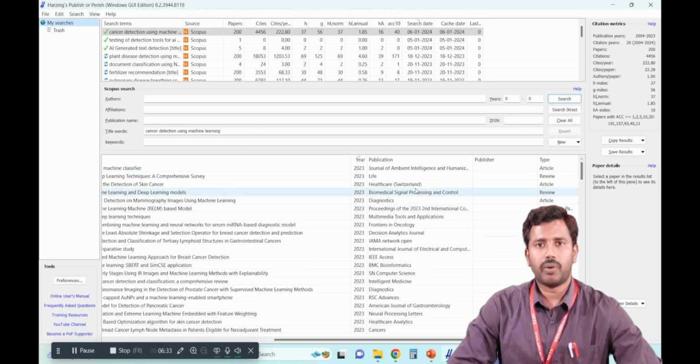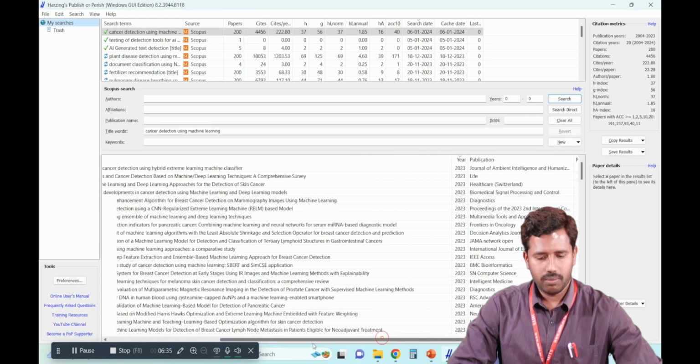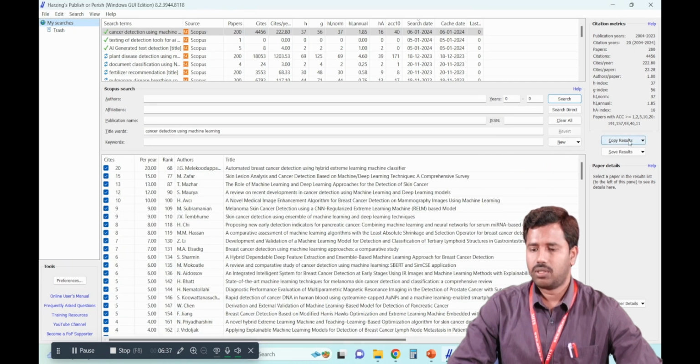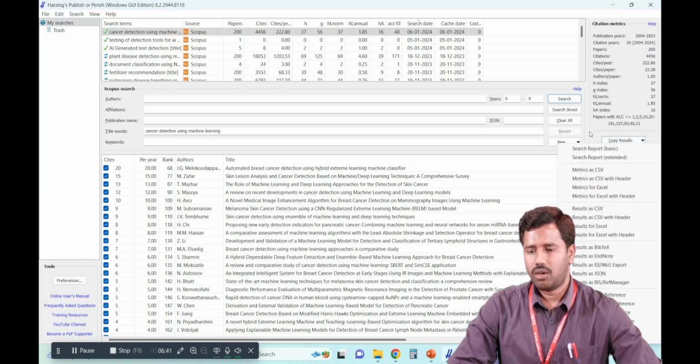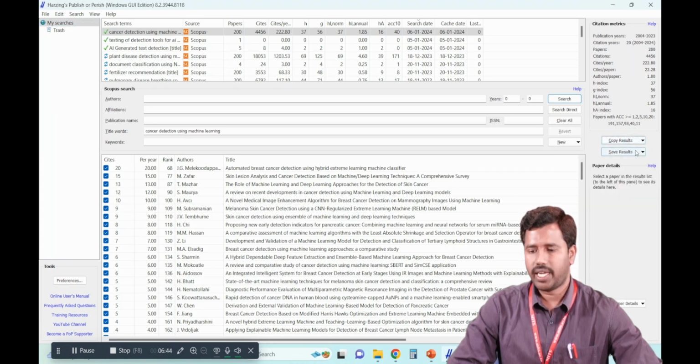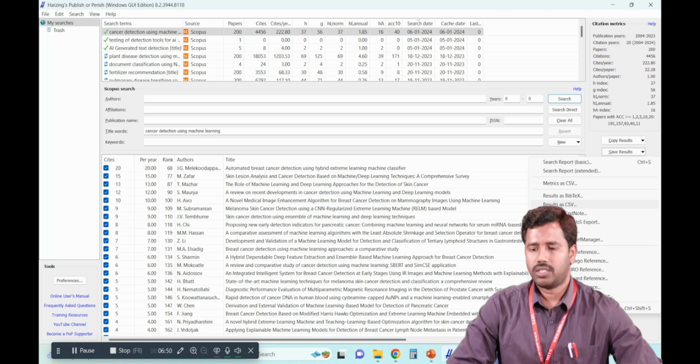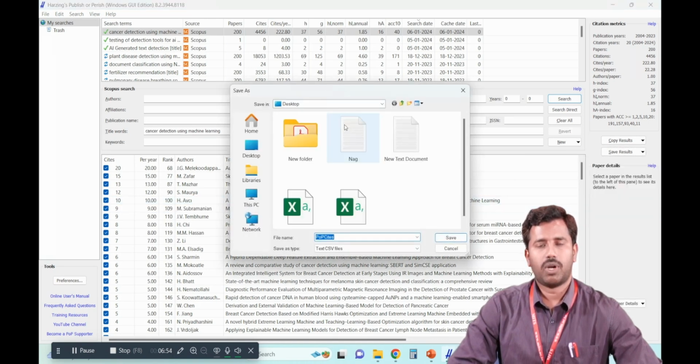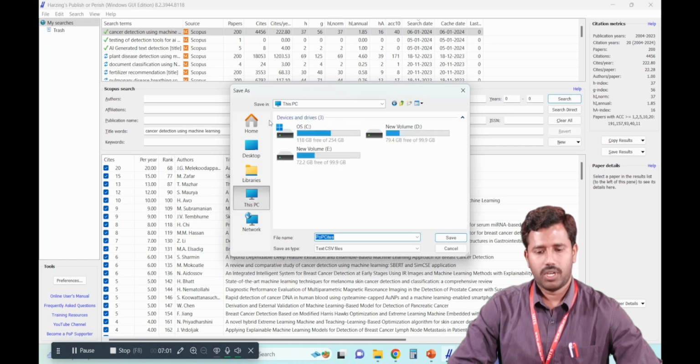So if you want to export the data given according to these results, there is a button called copy results. You can copy the results, or if you want to export this entire information into a CSV file, click on the save results option. There you have an option called save results as CSV file. If you click on it, a pop-up menu will be given to you, so in your laptop, on your desktop or in your drive, you can directly save this entire result